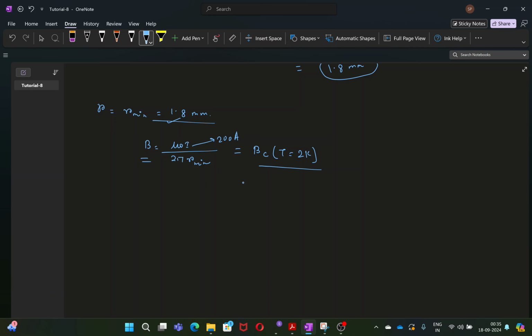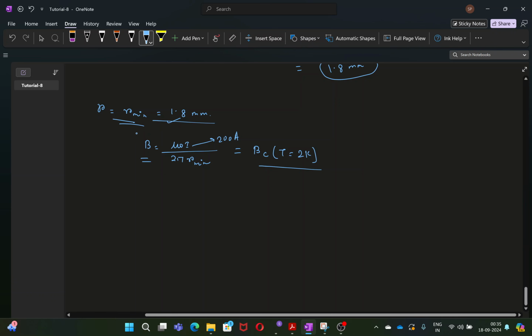Also, there is another thing: superconductors can repel the magnetic field, so magnetic flux lines cannot penetrate the superconductor in the superconducting phase, below TC. That is why this is the maximum you can go in terms of the radius, because by this radius you are hitting the maximum limit of the field, the critical field value. So you can go maximum up to this BC at 2 Kelvin, because